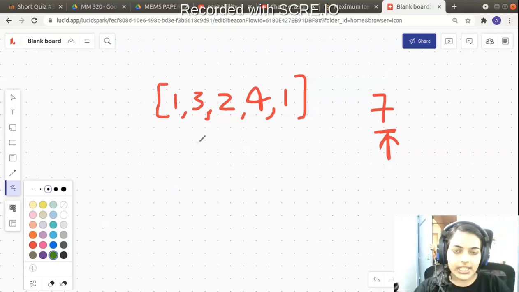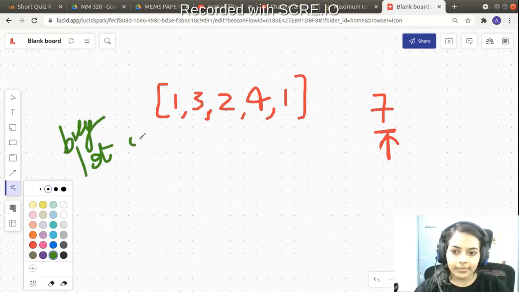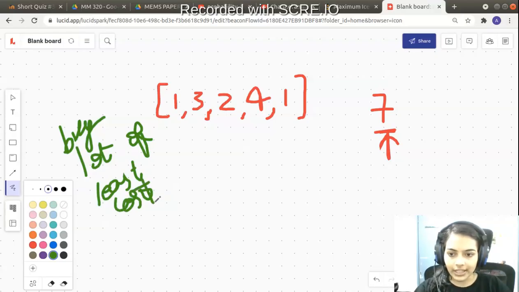Since we want to find the maximum number of ice cream bars that he can buy, let's try to buy a lot of ice cream bars that are costing less. Okay, least cost ice cream bars, so that is going to be the logic. And how do you get least costing ice cream bars? So let me write it properly. If you try to minimize the cost, you can buy more number of ice cream bars.